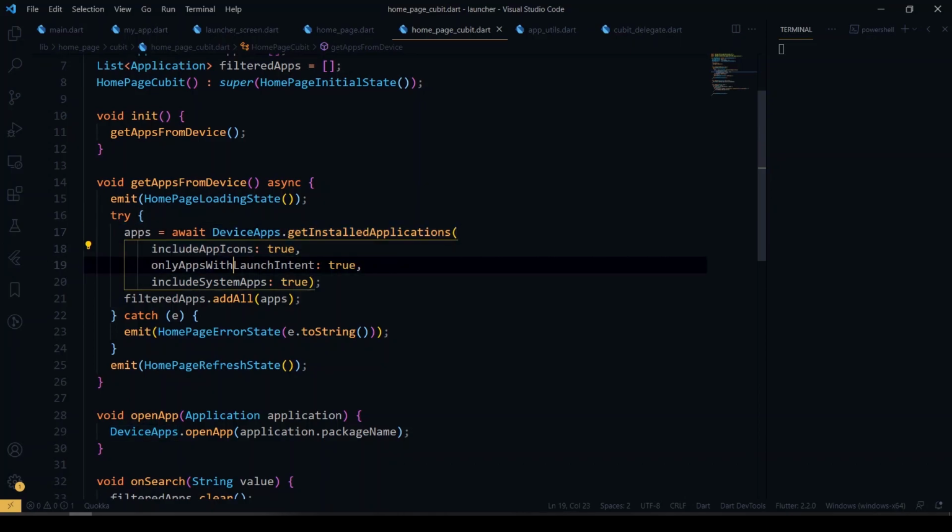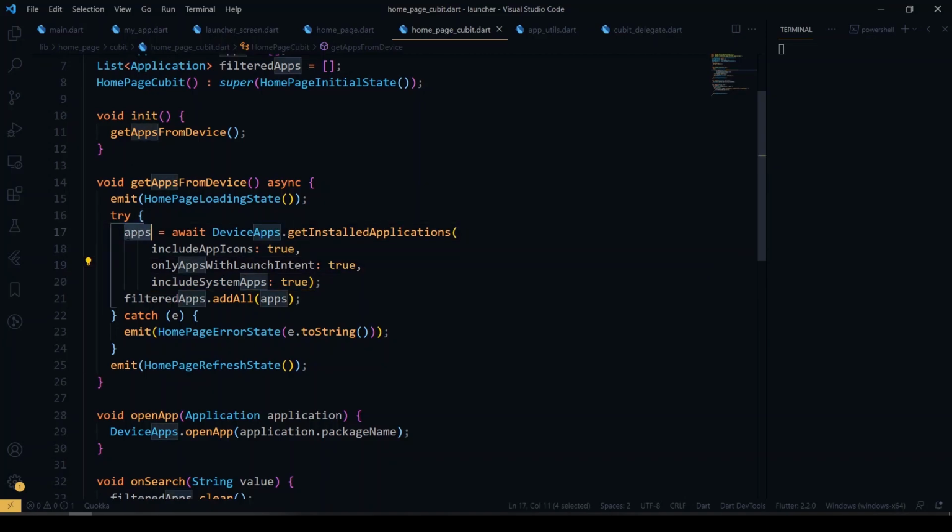You have three parameters: if you want to include the app icon, you can pass true; if you want only apps with launch intent, you can also filter that; and you can also include system apps if the user's mobile phone has some kind of system installed application. That will also come if you enable the value here.